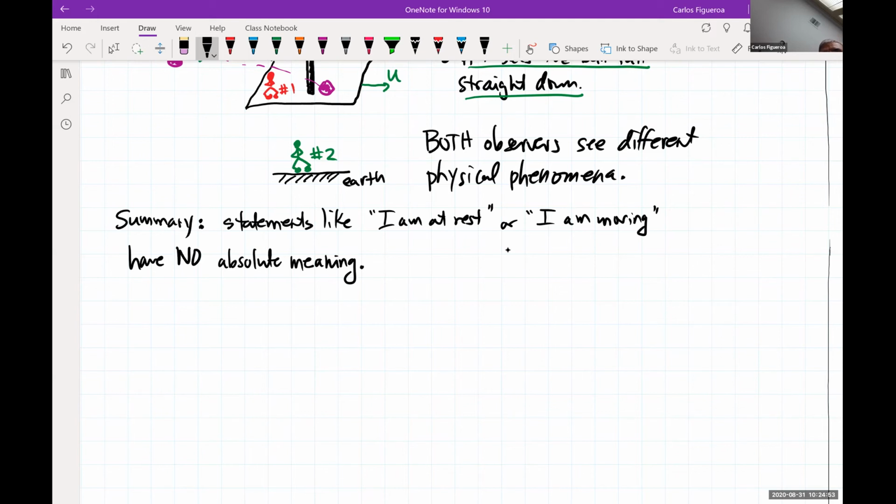In fact, it's a meaningless statement to say I am at rest and you are moving, or I am moving and you're at rest. It is politically incorrect, or maybe I should say it's relatively incorrect. You're not being relative if you're saying I am at rest or I am moving. There's no experiment that you can do to actually determine that. So there must be a symmetry between being at rest and moving at constant velocity,